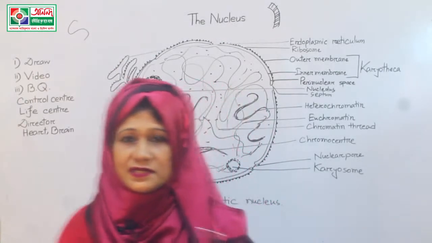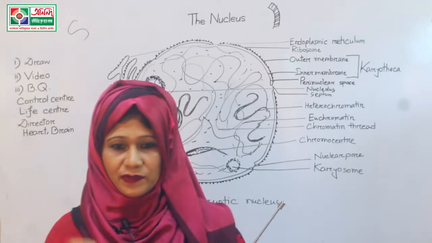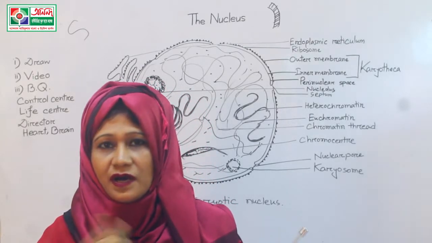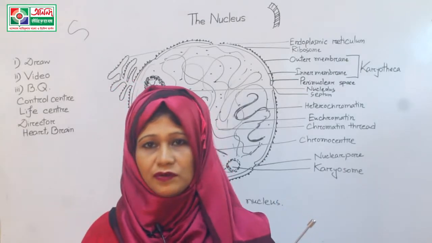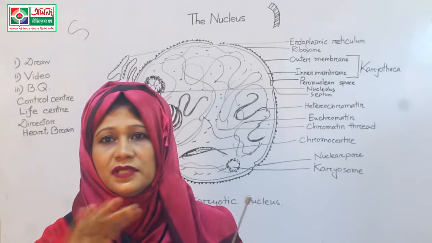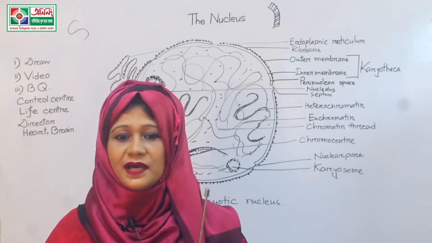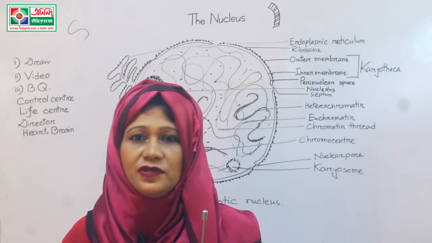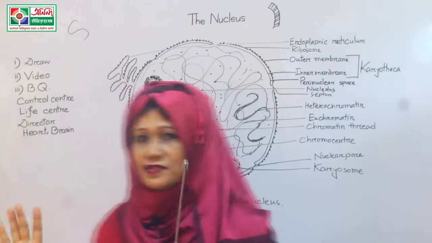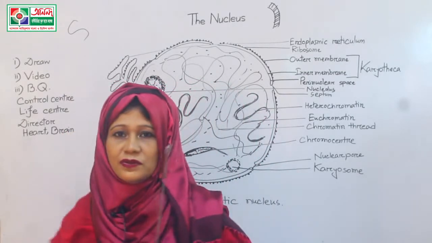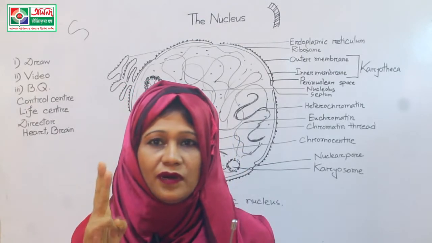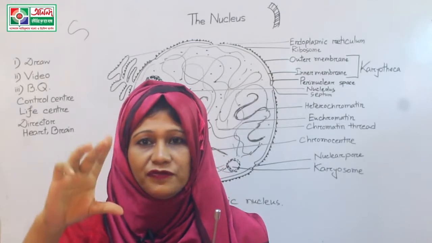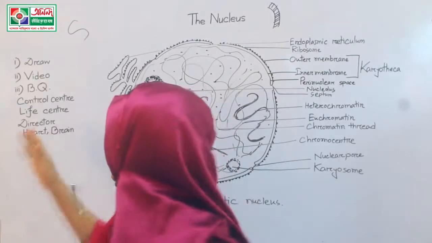Okay students, now we are on the last part of our lecture, and in this part I will discuss a broad question about the nucleus. In your exams you may often be asked a broad question on the nucleus, like draw and label the structure of the nucleus, or write the different parts of the nucleus. So about the nucleus you should know three broad questions. Number one, drawing and labeling. Number two, different parts of the nucleus. And number three, this question.